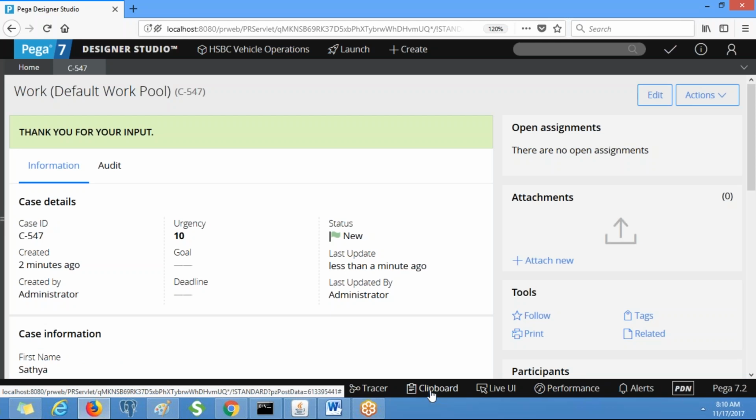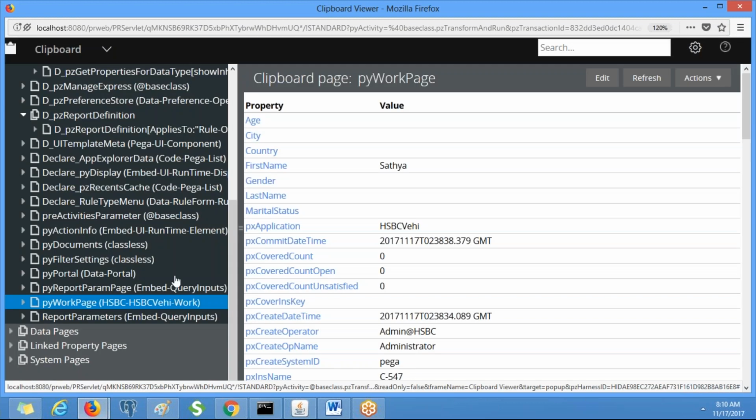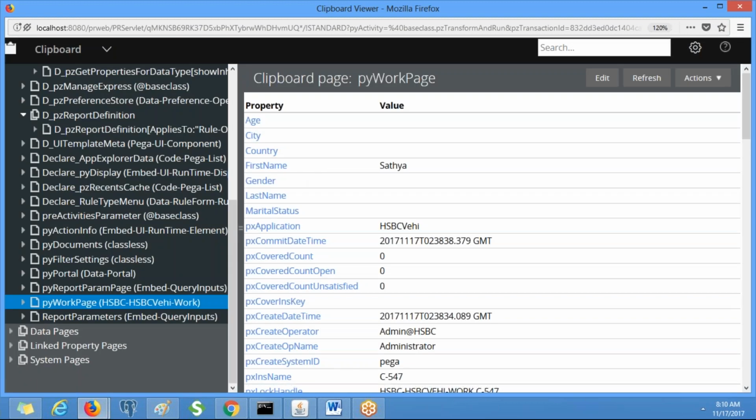Ramesh will be overridden by Satya. So like this sometimes you can modify on the clipboard for observing the changes on the user interface. So these are called editable pages.